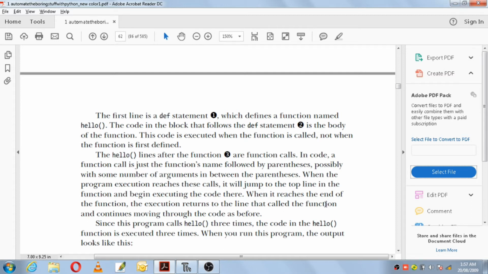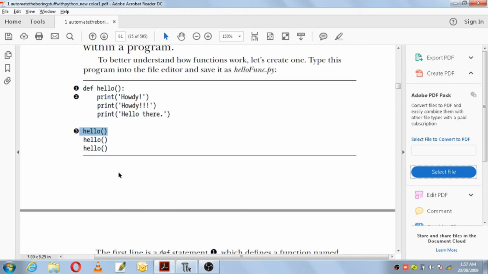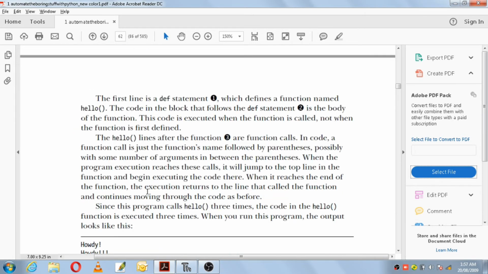When it reaches the end of the function, the execution returns to the line that called the function and continues moving through the code as before. So when your program reaches this line, immediately it will go to the function, execute this code and come back to where it had started.